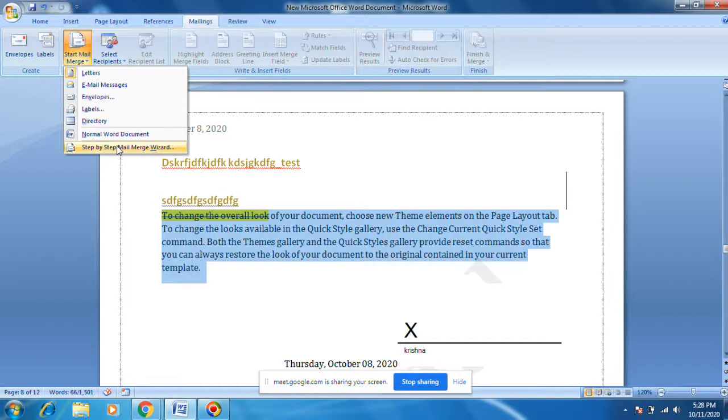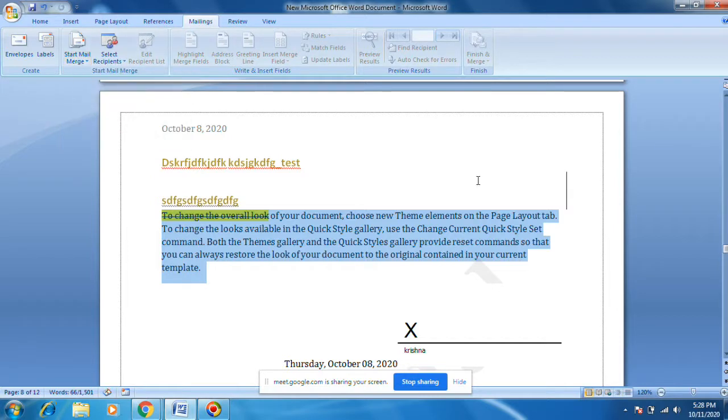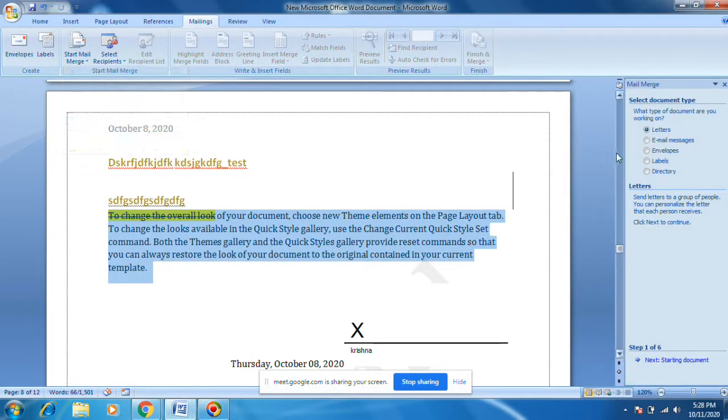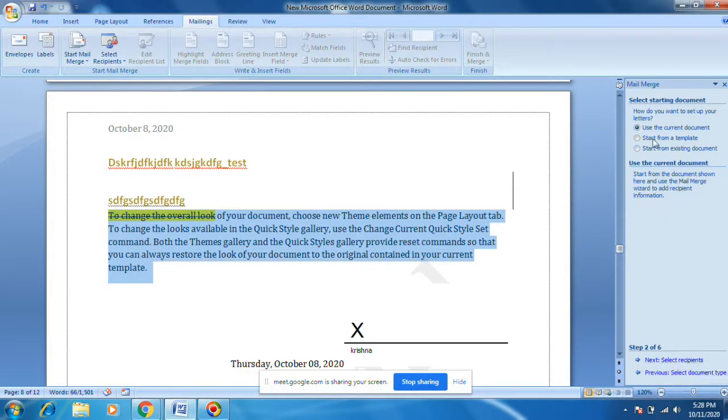Okay, step by step mail merge wizard, you need to select this one. Okay, which one do you want, letters. Okay, next, document: use the current document, or you can select the template.